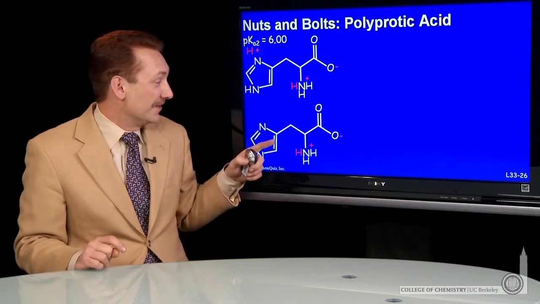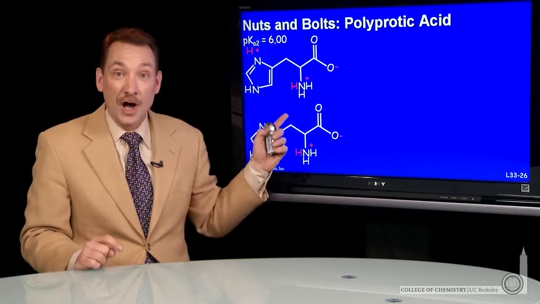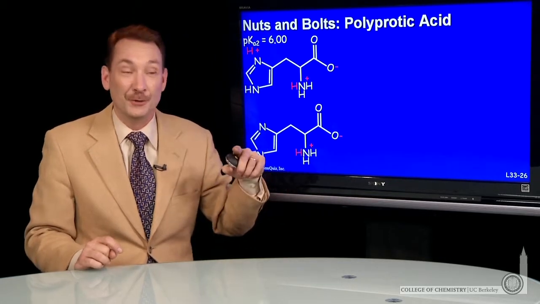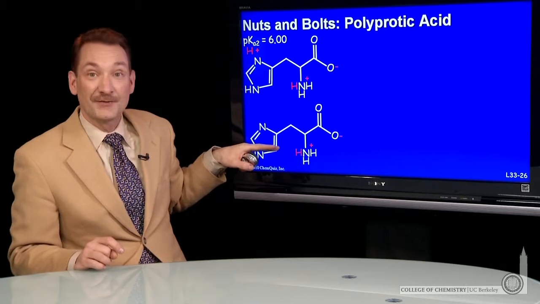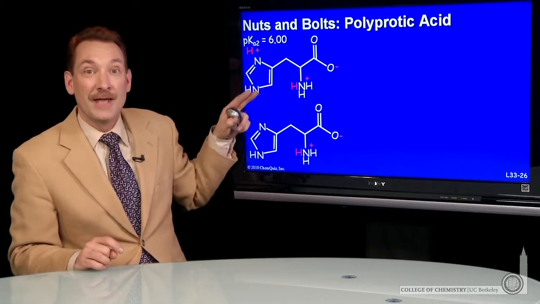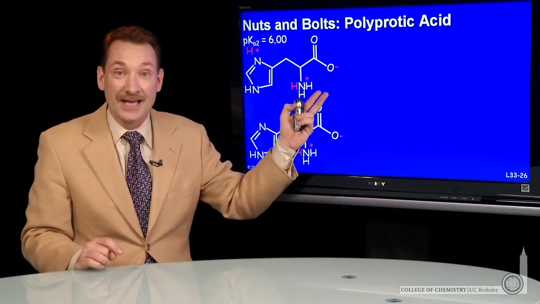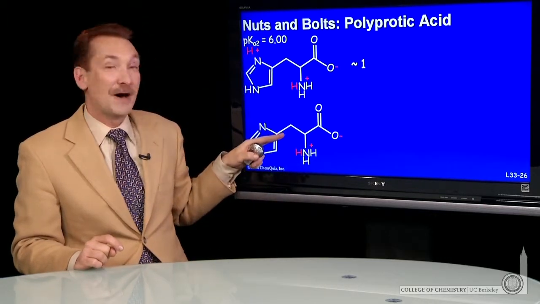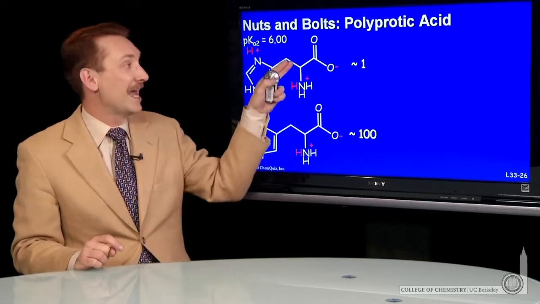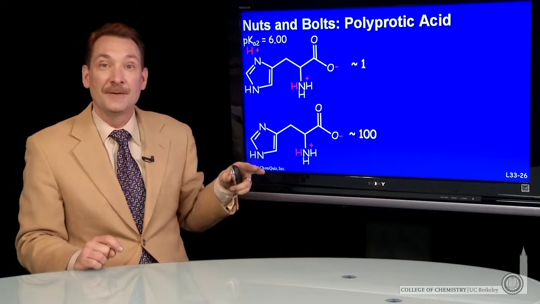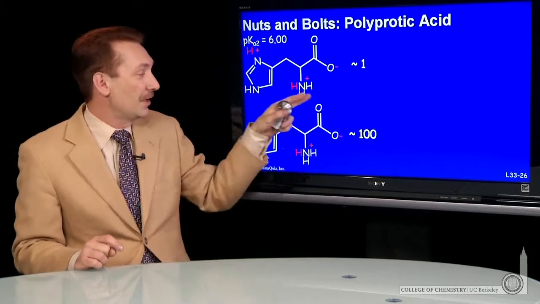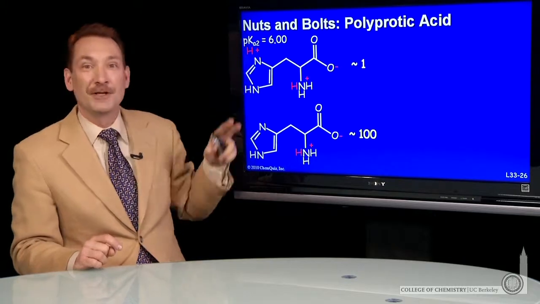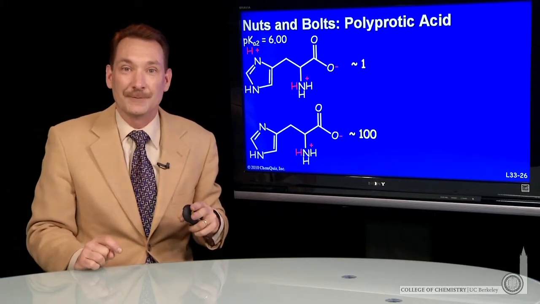And obviously that means if the log is equal to 2, there's a factor of 100, 10 to the 2, difference between this form, acid form, and base form. And we're on the basic side of the pKa, so it's the base form that has about 100 times more than the acid form. So these two forms, about 100 to 1. So clearly, mostly, the base form of this equilibrium is present at pH 8.